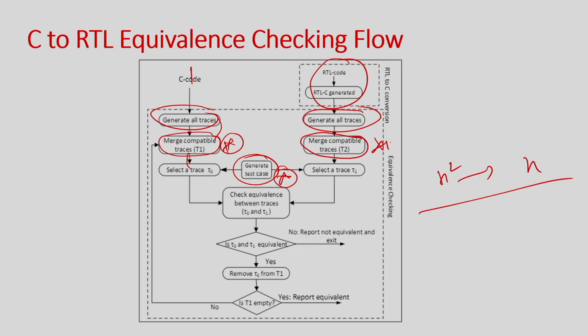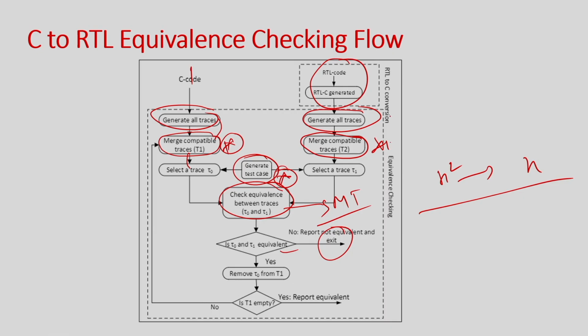So, that is data dependent checking, and I am going to talk about that. Once I find the corresponding trace, I have to check the equivalence. This equivalence checking will be done by an SMT tool, and I will explain that also. If I find they are equivalent, then I will go for the next trace; otherwise I will say they are not equivalent, they may not be equivalent. This is the overall process.